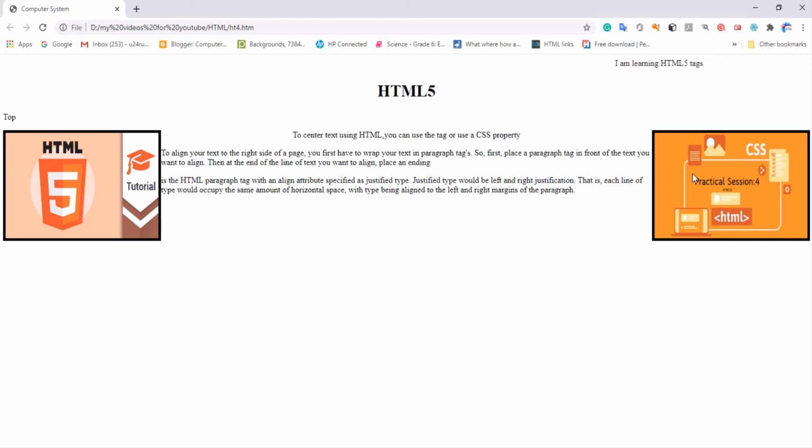Image can be aligned with the text also, that also we have learned. How to wrap the text between two images, adding the border, that done. Okay, so next time we will talk about the list, okay, how to create the list on your web page. I hope it is clear to you. Thank you.